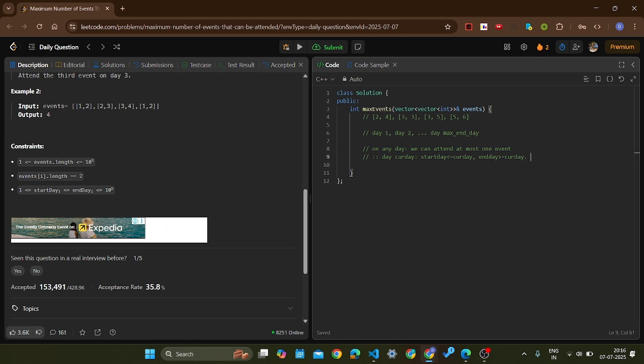So let us first start by sorting the array of events in the ascending order of start days.